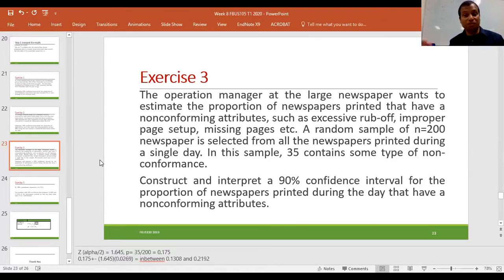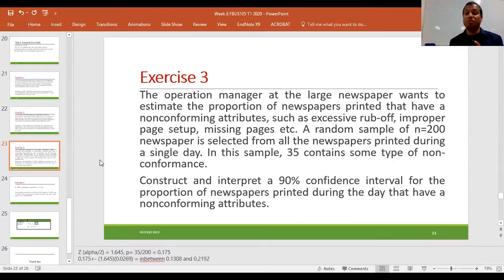So the case is purely about the proportion, right? Sample proportion, because the sample has been taken and this is about the proportion, not the mean. Finally, construct and interpret. Construct, that is the CI, is stage 4, and interpret is stage 5, how to interpret the findings. So construct and interpret a 90% confidence interval. As a manager, I can say I'm 95% confident that the error will lie in this range. Before making such a statement, you need to do some basic calculation. That's what we are learning here.